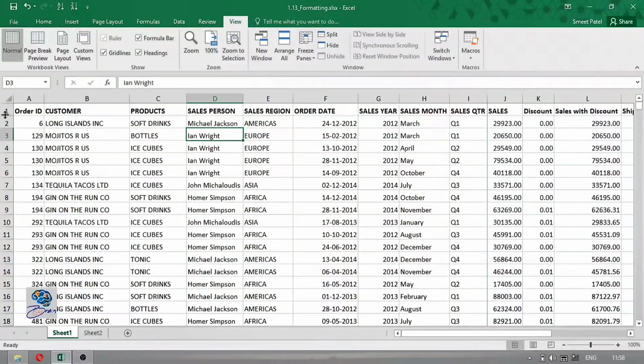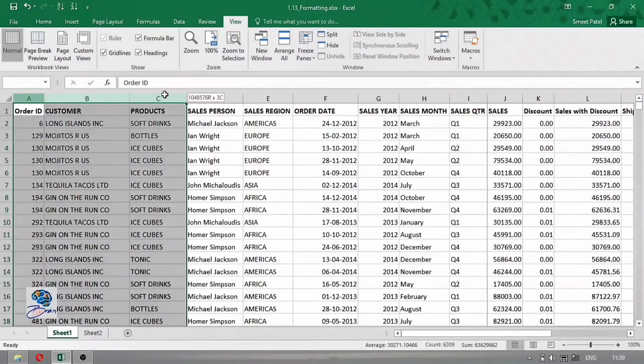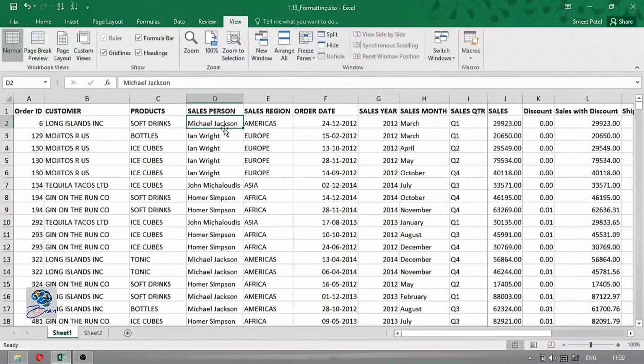And if I want my first row to be frozen and the three columns also frozen, I will click on a cell. There must be a row above it which you want to freeze, and to the left-hand side of it there must be the columns which you want to freeze.